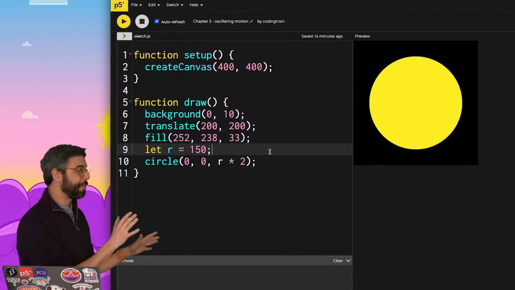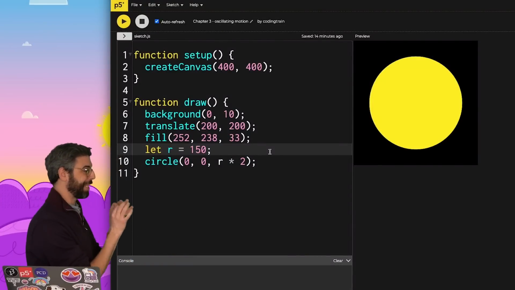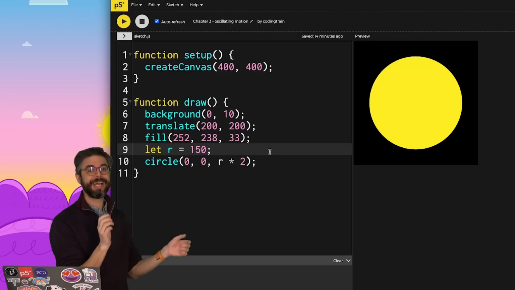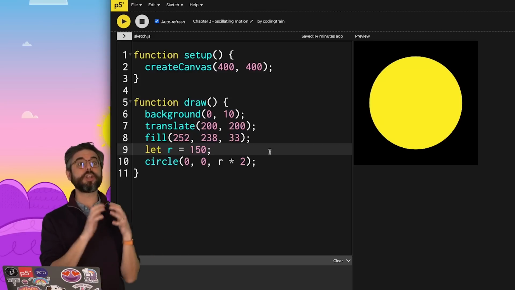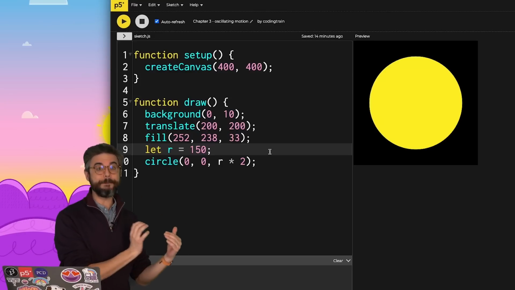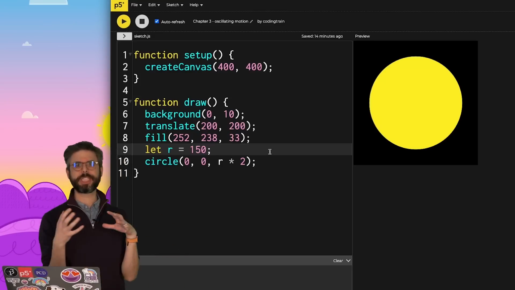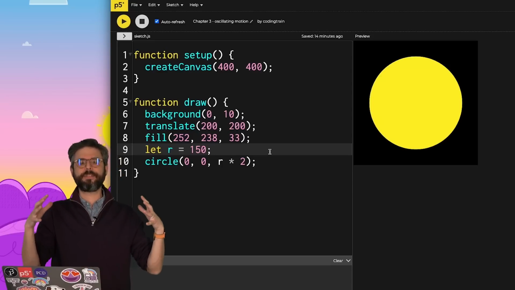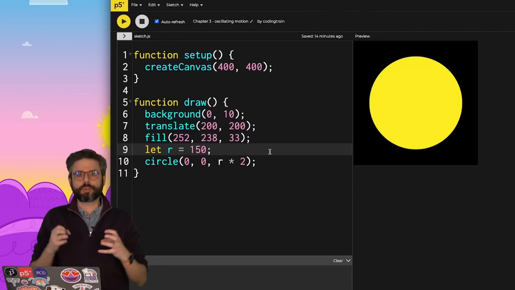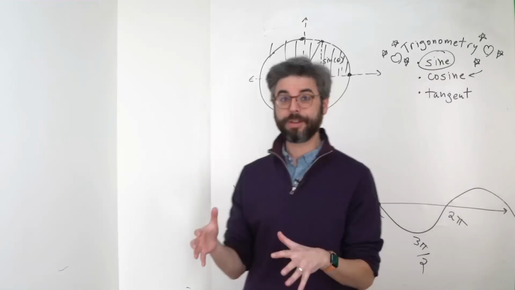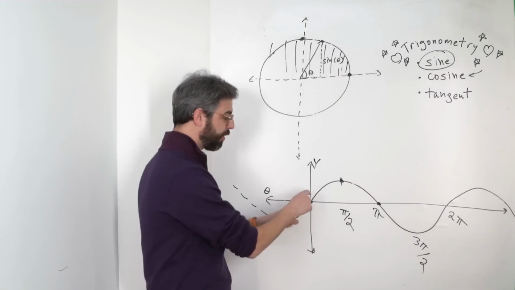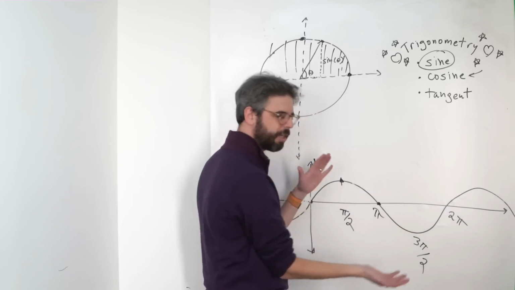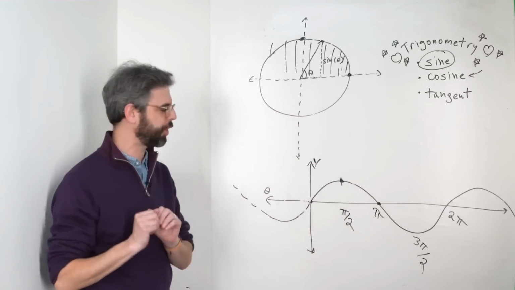So here I am back with, once again, a very simple p5.js sketch. All it has is a circle drawn in the center with a given radius. What I want to do is take the results of the sine function and map it to the size of that circle to see if I can make it feel as if it's kind of breathing. What does that oscillating behavior look like as it grows and shrinks and grows and shrinks? In other words, I want the size of that circle to follow this sine wave pattern itself. Now I have negative numbers here, so I'll have to deal with that using the map function in p5.